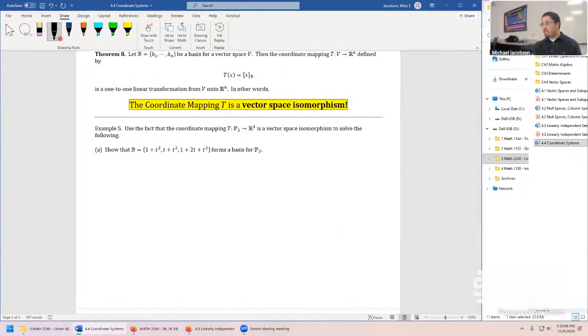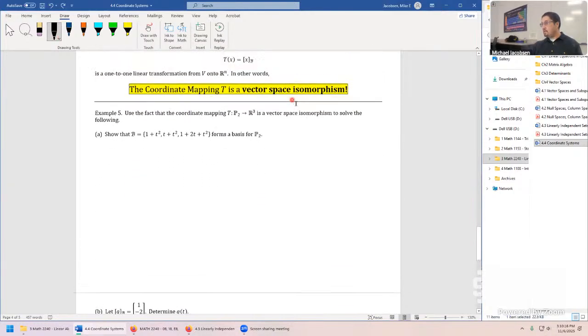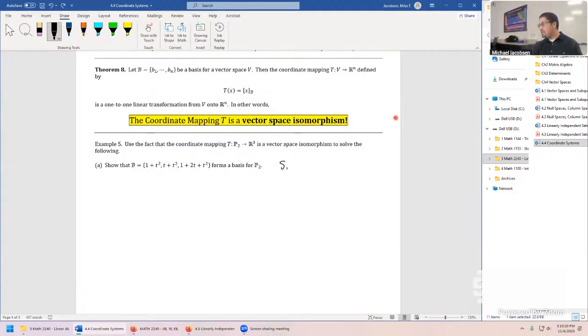So first, let's just make a quick statement that since T mapping from P2 into R3 defined by T of p, we'll write it as a p instead because our domain is a polynomial space, T of p equals the coordinate vector of p relative to a basis. Well, that one's the one we're trying to show as a basis, so we need some other ready-made basis. And you know what a good one is? The standard basis of P2, so we'll use E. Since this is an isomorphism,